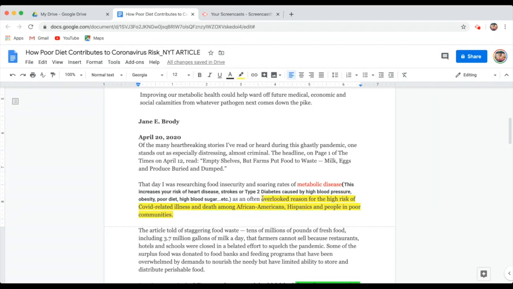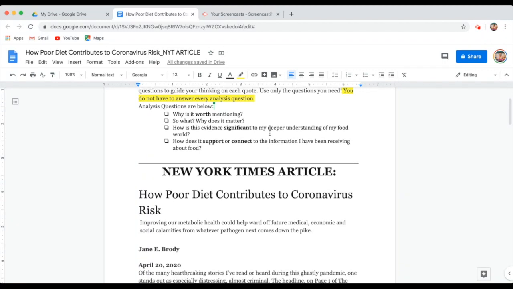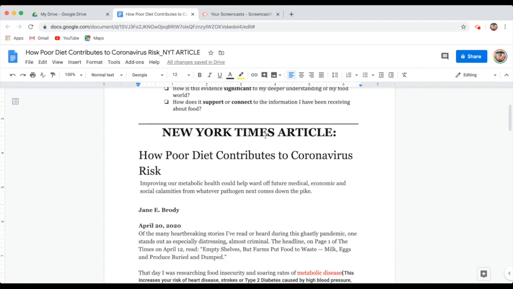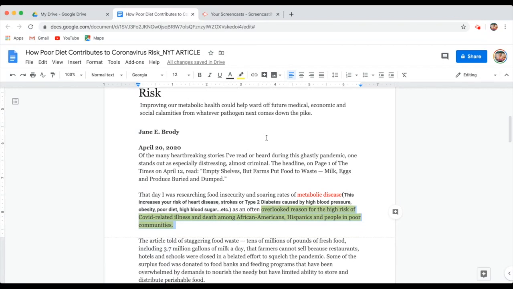So here's what I'm going to do. I'm going to highlight my highlight. It is kind of annoying that I have to scroll up and look at my analysis questions. So a tip that I suggest is you might want to copy down these analysis questions, write them down on a little sheet of paper so that you don't have to keep scrolling up. If you don't feel like doing that, then guess what? You're going to have to scroll up. I'm going to do the scroll up game only because I'm demoing, but because I'm the perfect student, I'm probably going to write them down so I don't have to struggle so much.